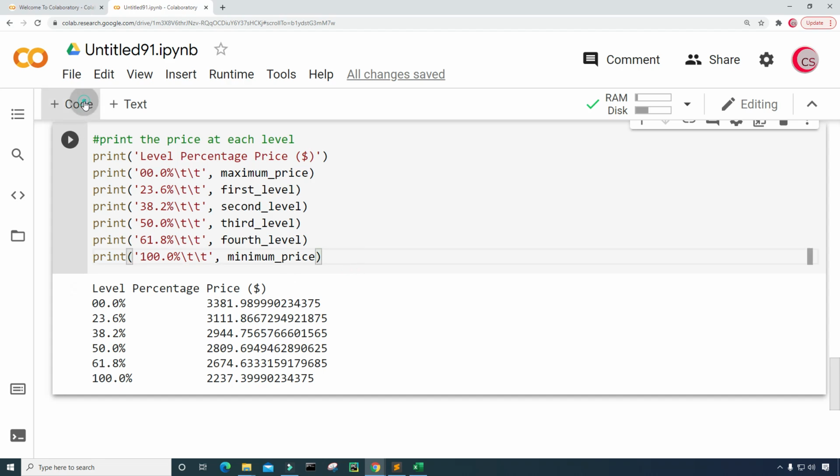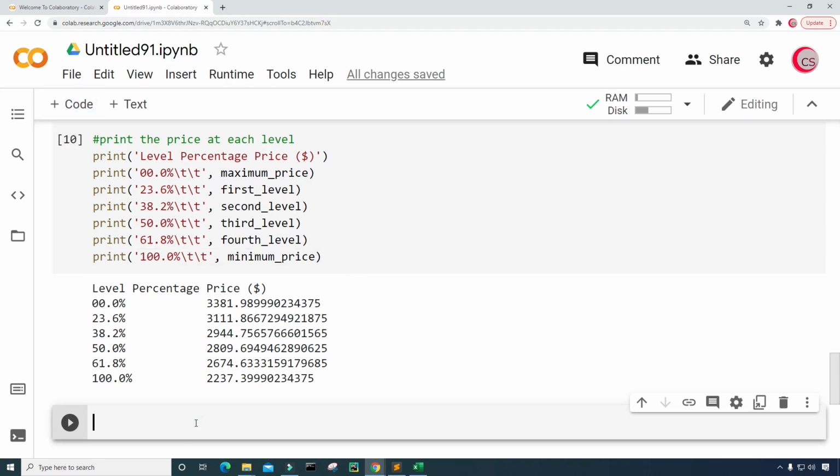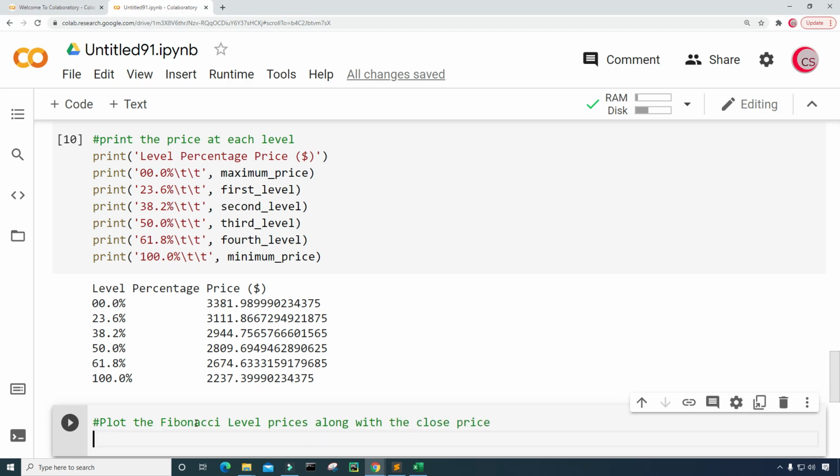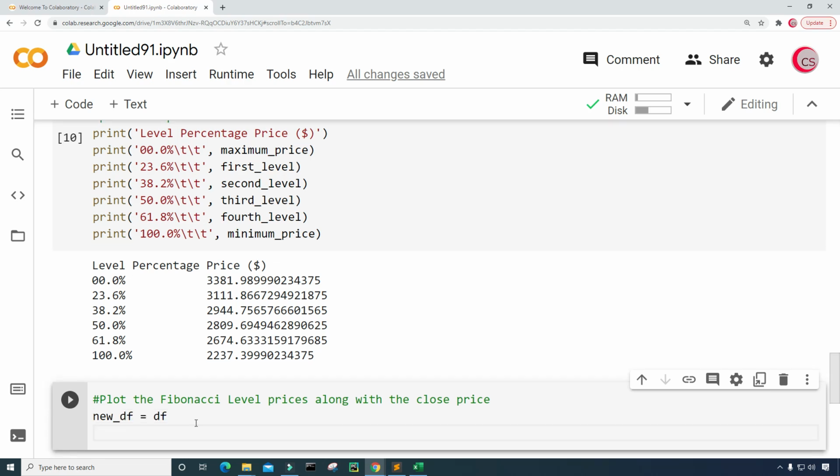Now, what we're going to do with this information, we're going to create a new tab, and we're going to plot the Fibonacci level prices along with the close price. So I'm going to create a variable called new_df, and I'm going to set this equal to df, and then I'm going to type